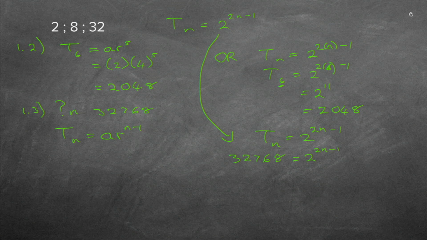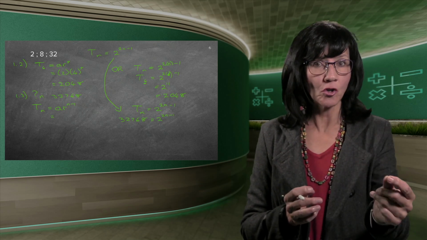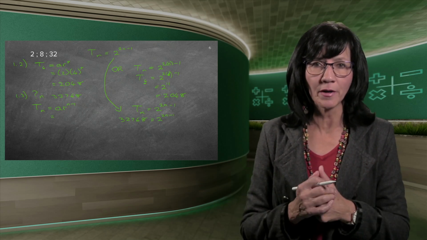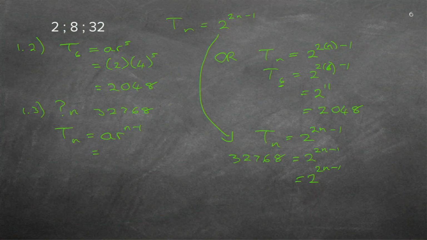Be careful for that 2n minus 1. It's in the air. Now I've got a little problem. My exponent is now hanging in the air, and I need to solve that exponent. Now, if you do this side, you'll see it's exactly the same in the end. I'm going to just concentrate on the one now. If I have an exponent that needs to be solved, can you remember I now need to do my exponent laws, or I need to do logs, because exponents are logs, so I can use any one of the two. But in order to do that, I need, if possible, a 2 here as well. 2 to the power of something, because the minute I've got my bases the same, I can take my exponents down and I can bring my n down and I can solve for n.